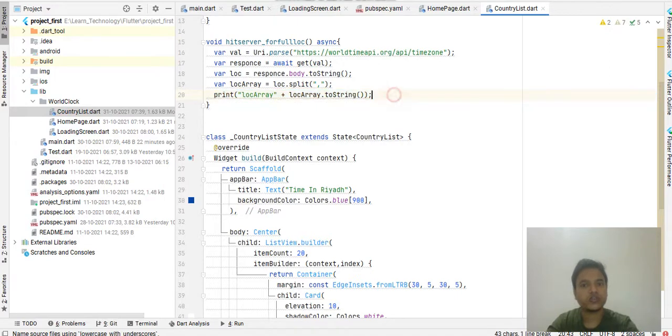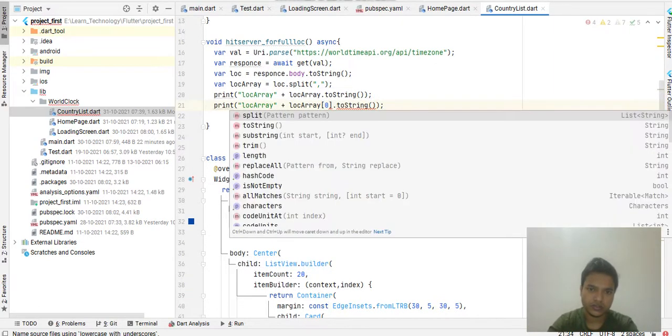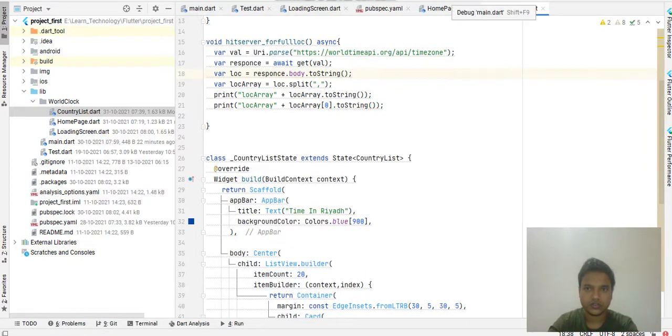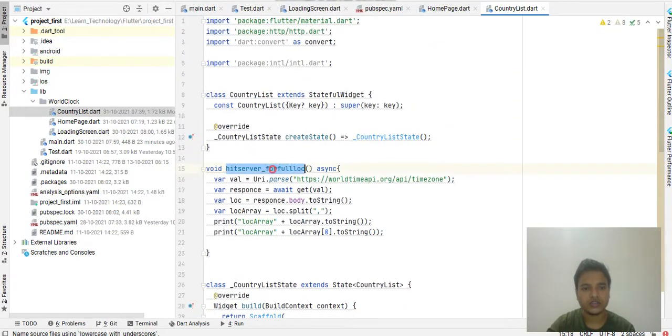I'm doing one more thing here to make you understand better. I'm printing the first value of it. Click and run, and let's see what it brings for us. Actually, we did something wrong, because we do not call this function anywhere, so we have to call it when the activity is launched the first time.